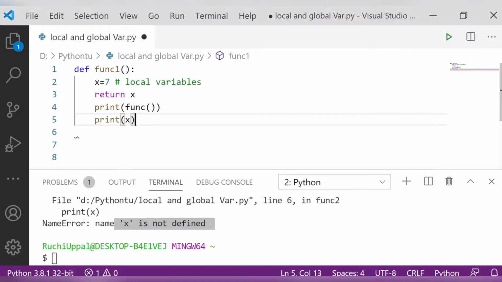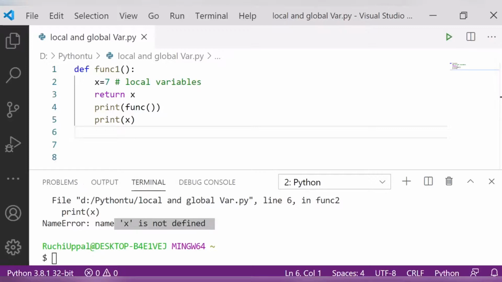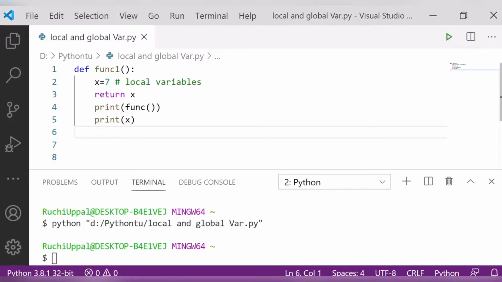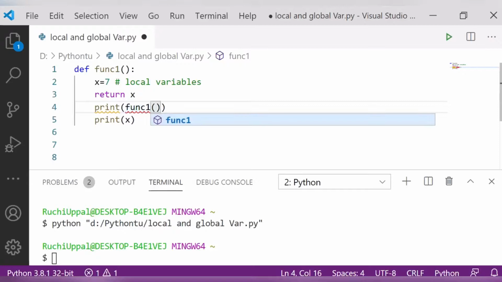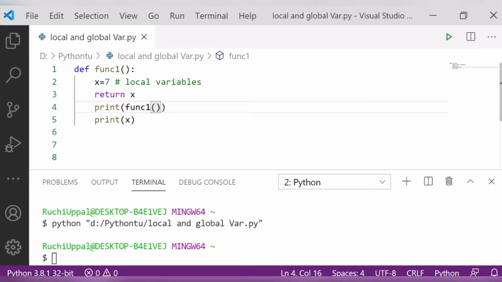Clear? Fine. If I run this, let's see the output. What would be the output here? Function 1. It's not giving me any value over here.